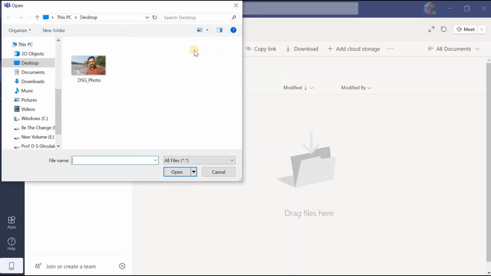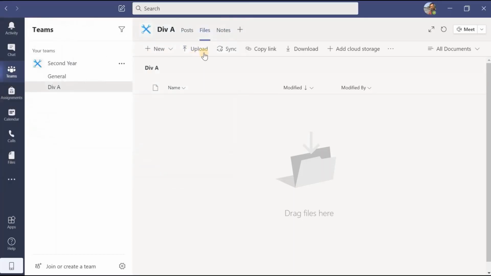Suppose you want to upload a file from your computer, you can click on upload and upload it. If you want to share the files which I have uploaded, you can copy that link and share it with the concerned person who is in need of it. Suppose I want to download files which we have shared, myself along with a few participants from this channel, and if I want to add the iCloud storage, I can have that by clicking on these three. This we are going to see in the latter part.